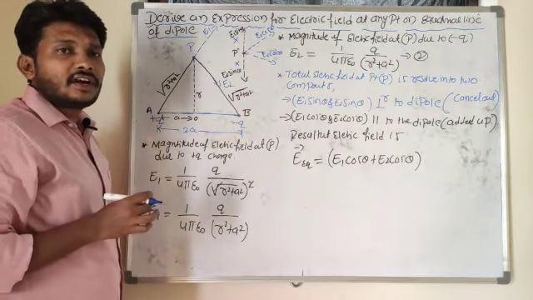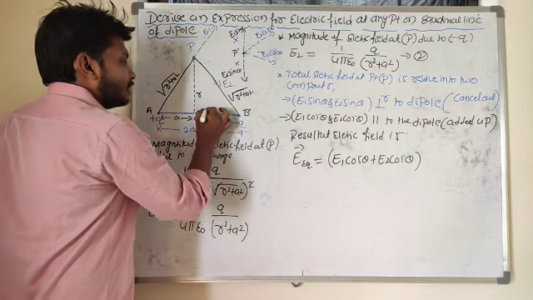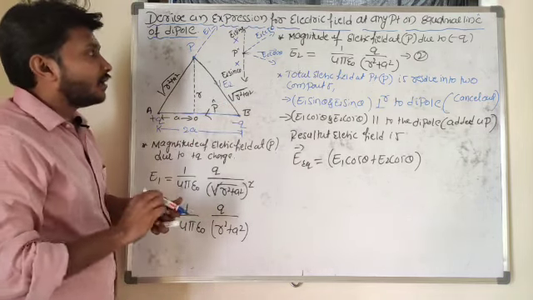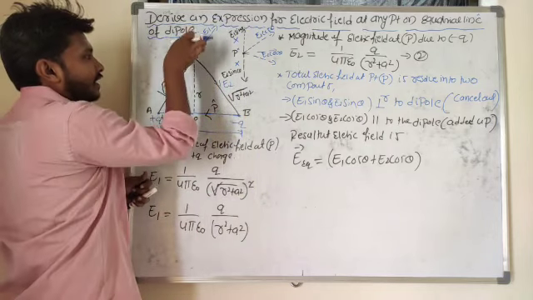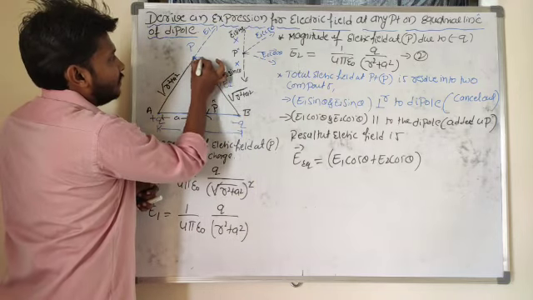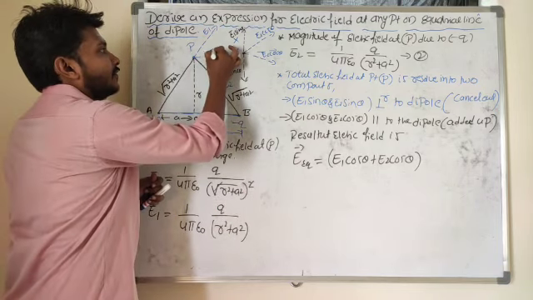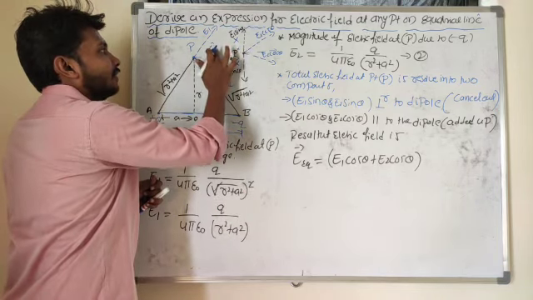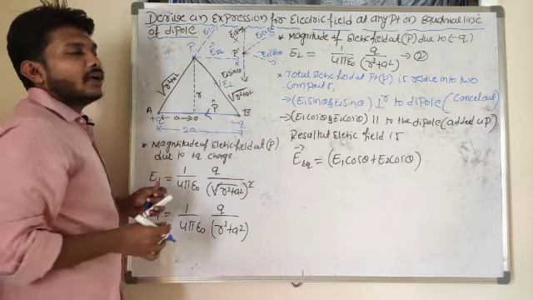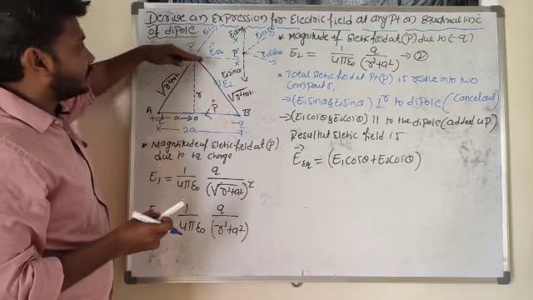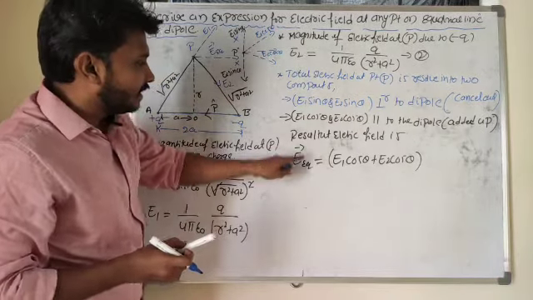What is the direction of the dipole moment? The dipole moment is from negative to positive here. Then what is the direction of the electric field here? So this is E1, this is E2, so this will be the resultant electric field here. What is the resultant electric field due to an equatorial point? E1 cos theta and E2 cos theta is in this direction.